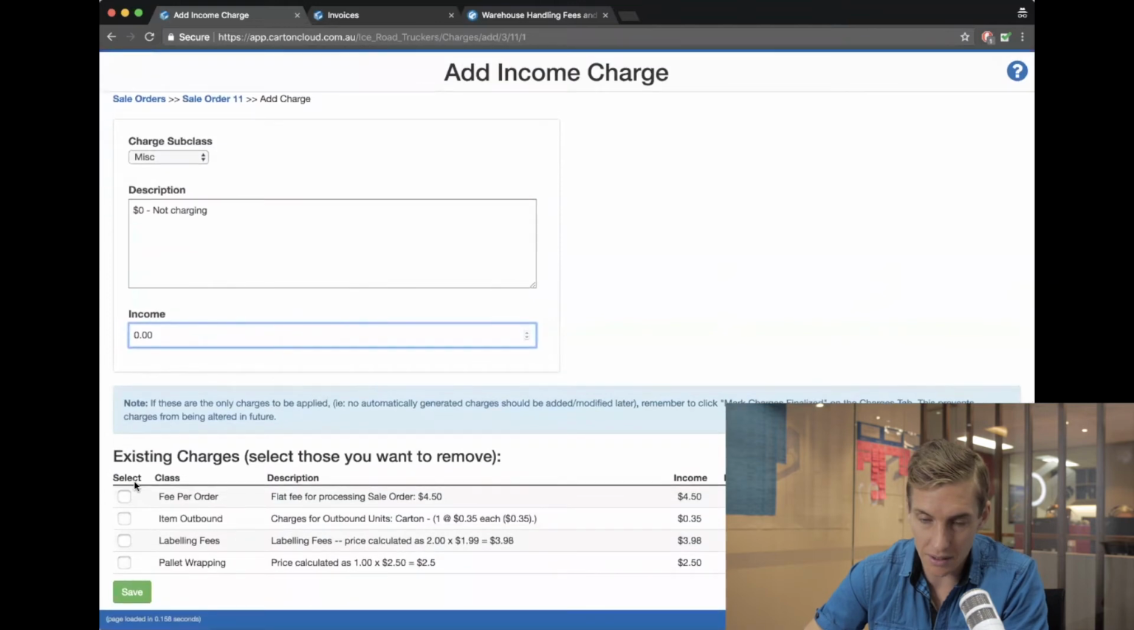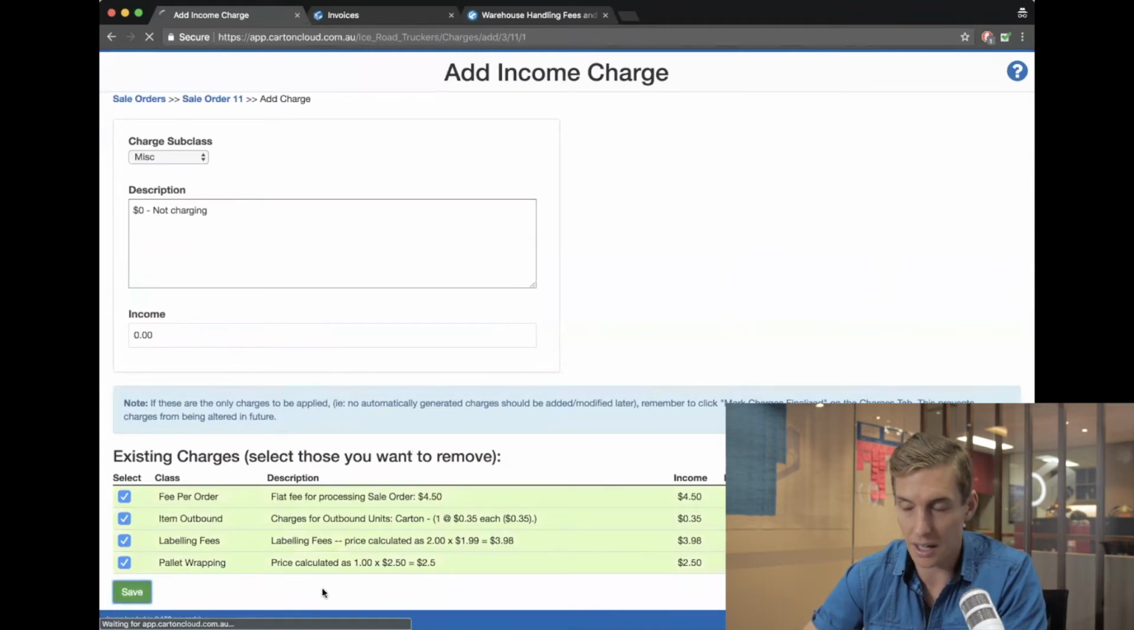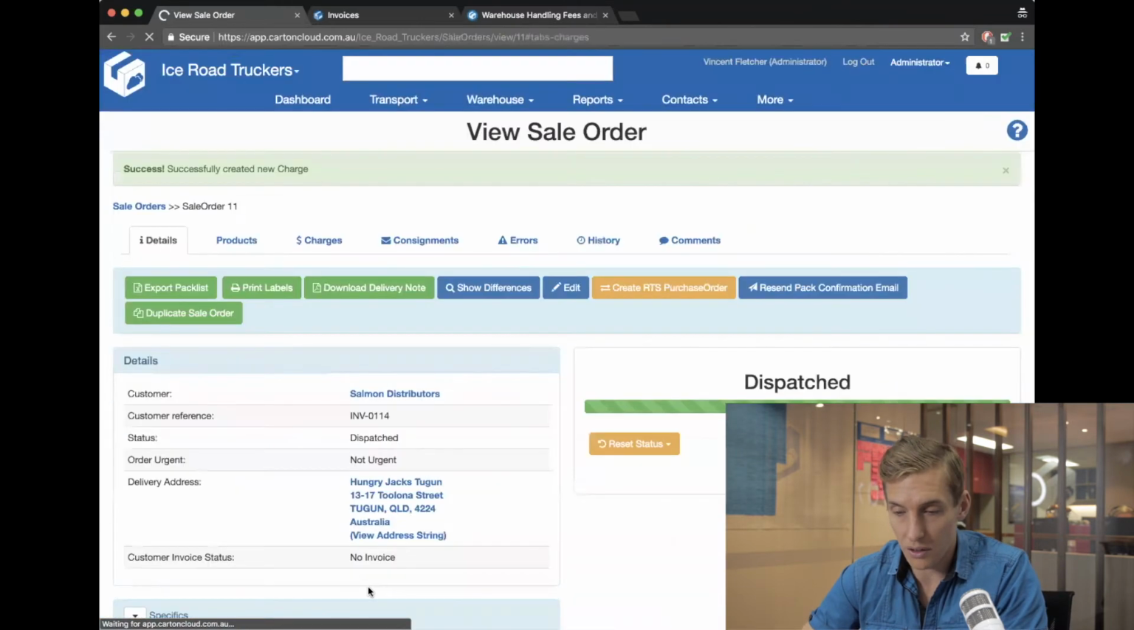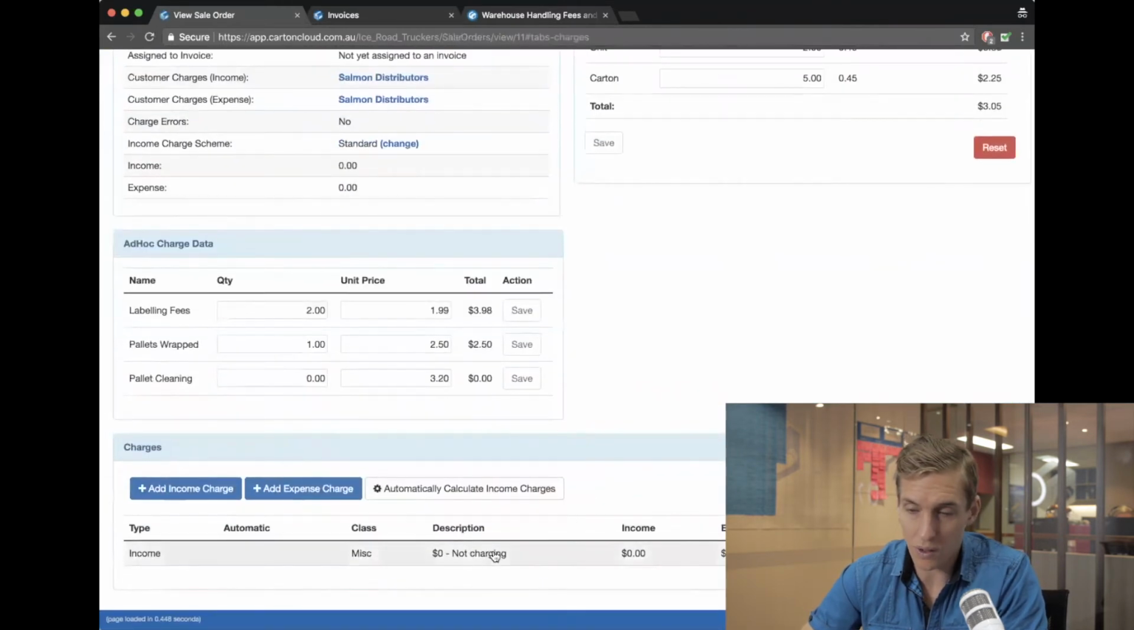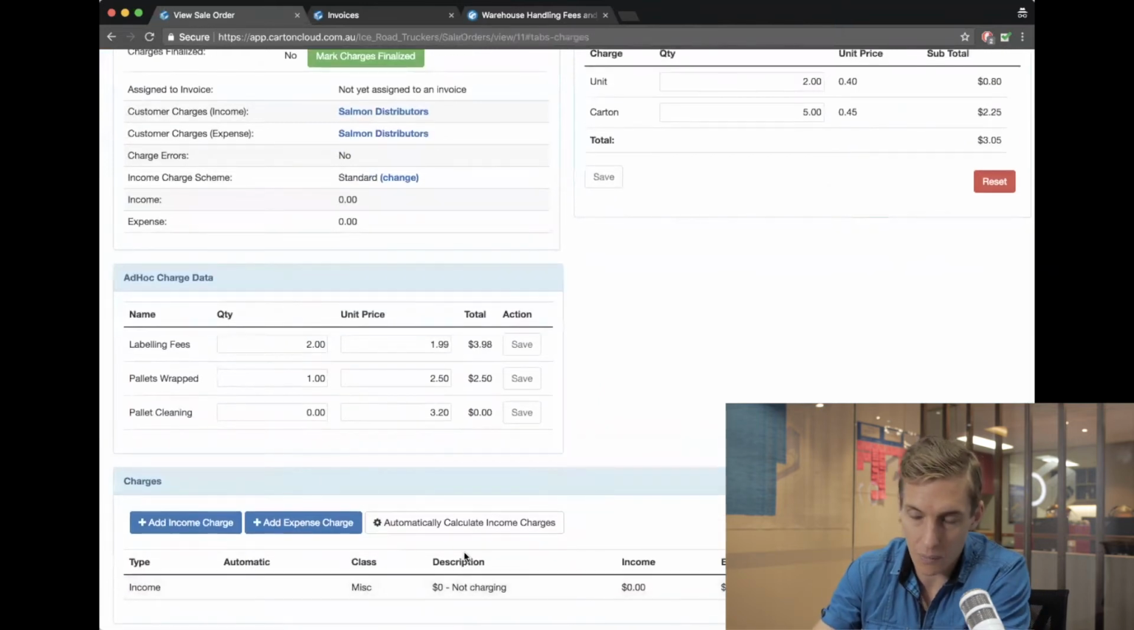And then down here, it says existing charges, select those that you want to remove. So if I select all of these, that's basically saying get rid of them when I click save. I click save. All of those charges have been removed, and all I'm left with is just a single fee of nothing. And now I can go and actually attach this sales order to an invoice, and it will be